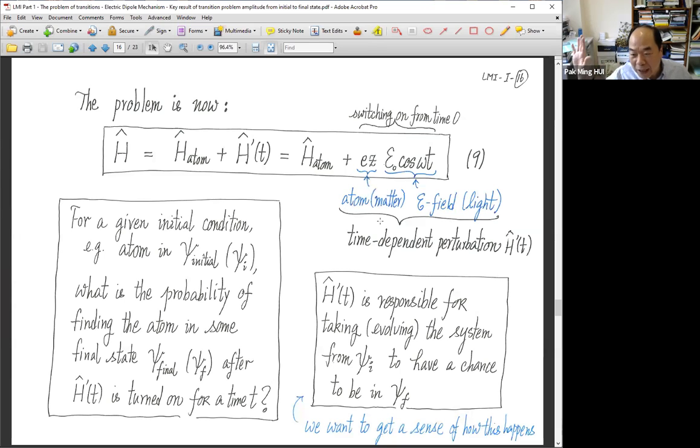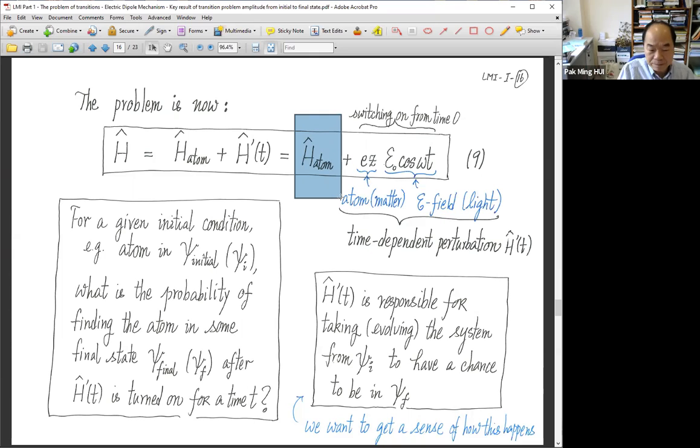So we give up on that question. We don't ask that question. We ask another question. We always focus our question back on this atomic part. That is time independent. So we know there are energy eigenstates of the atom, meaning 1s, 2s, 2p, 3s, 3p,